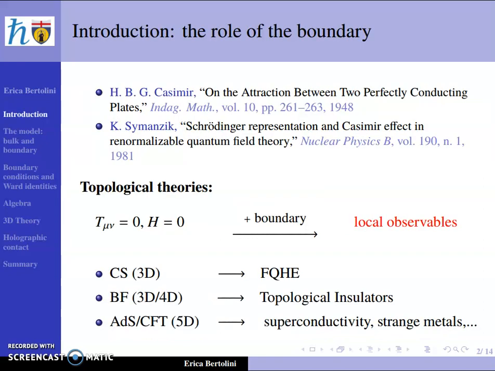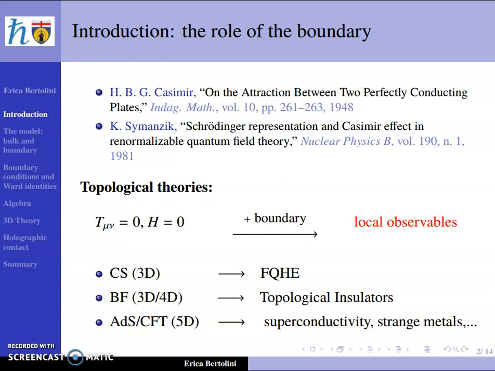The first appearance of a boundary in field theories is in the Casimir effect, but only many years later Symanzik formalized the concept of boundaries in quantum field theories, as the surface separating the space in half, requiring the separability of the propagators. But the most relevant examples showing the great importance of boundaries should be searched in the context of topological field theories, which are really interesting theories in a mathematical sense, but have no physical content of their own, being defined by null Hamiltonian and energy-momentum tensors.